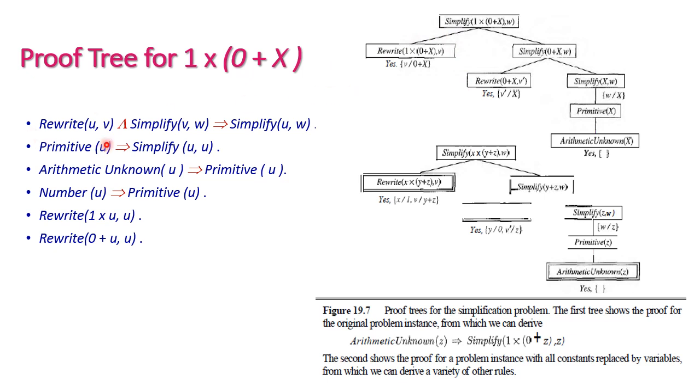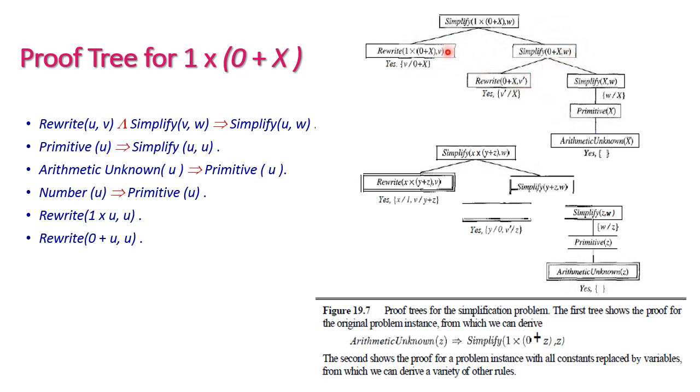First we are going to apply the first rule on this equation, then we will get simplify 1 into 0 plus x comma w, then we can rewrite 1 into 0 plus x comma v. Then we need to simplify this particular one, then 1 will be removed. So 1 into anything is anything. So simplify 0 plus x comma w, and we can rewrite this into, instead of w we are using v,